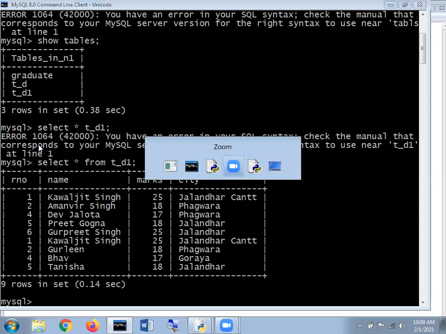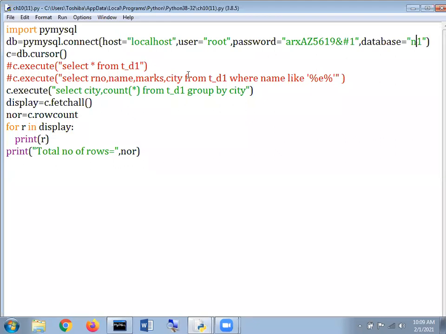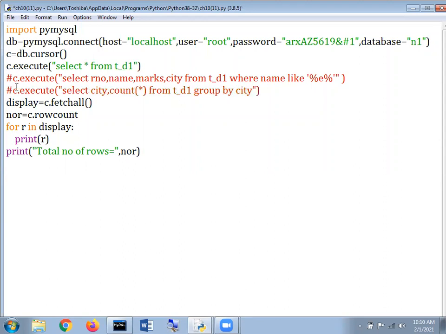Now, my dear respected students, kindly concentrate. First of all, this cursor is created, an interface in between MySQL and Python. After that, I'm going to open this comment section and make this line a comment.